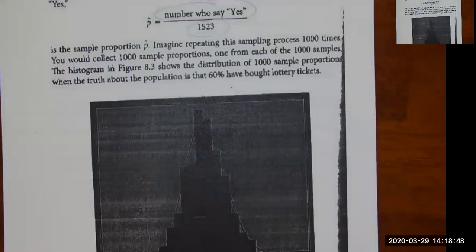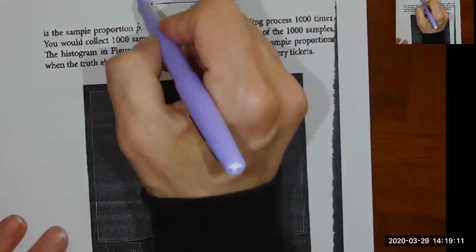Imagine repeating this sample process 1,000 times. You would collect 1,000 sample proportions, one from each of the 1,000 samples. The histogram in figure 8.3 shows the distribution of 1,000 sample proportions when the truth about the population is that 60% have bought lottery tickets. Okay, so again, I just want to show you that right here,